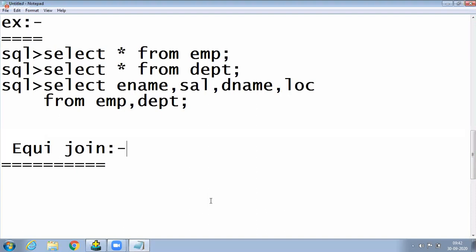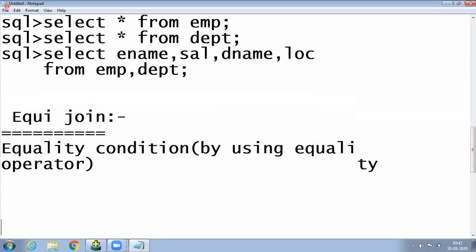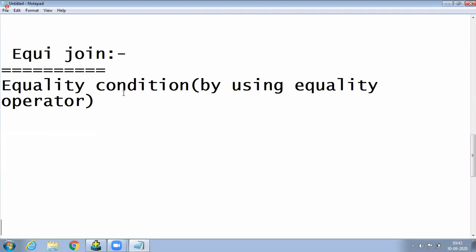Based on equality condition, and for newcomers, within the bracket write: by using equality operator.